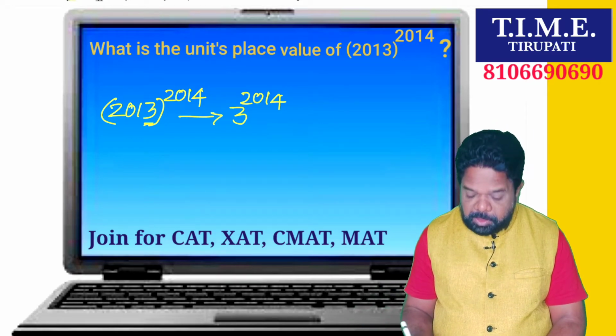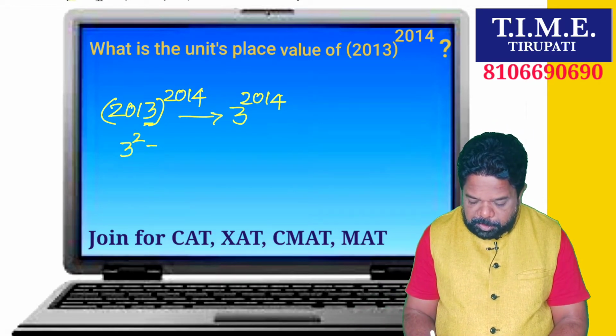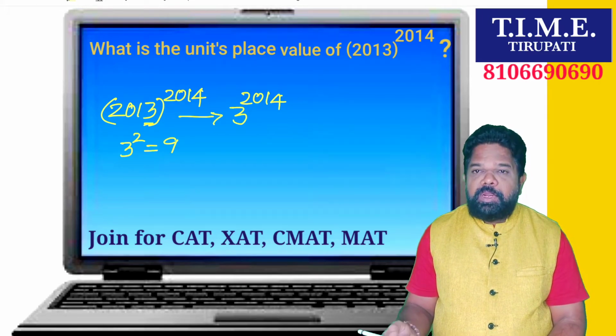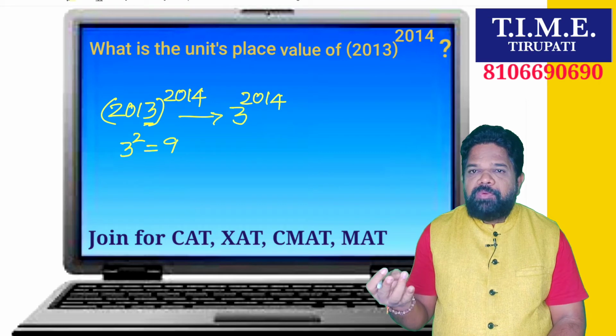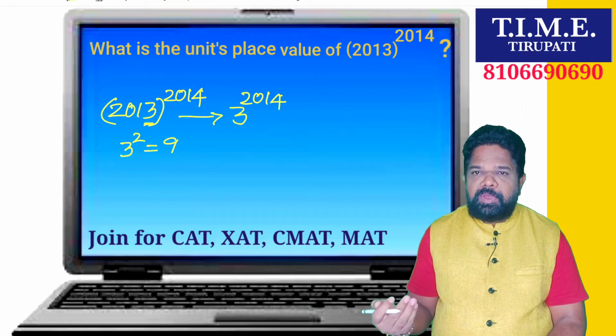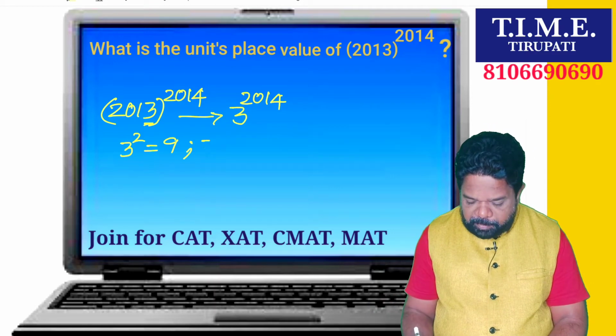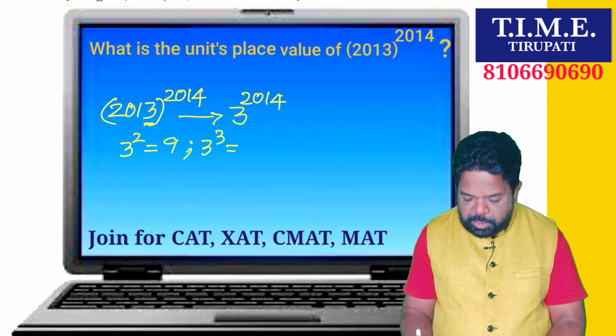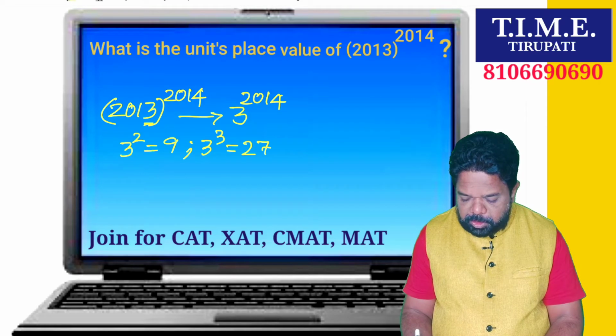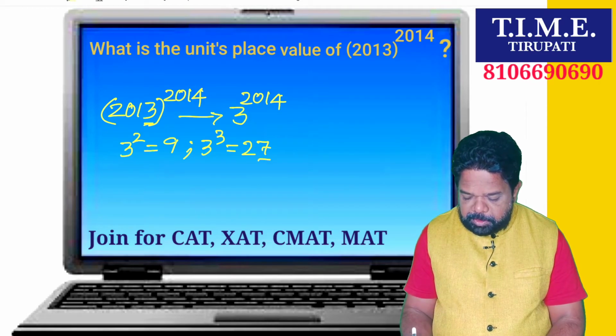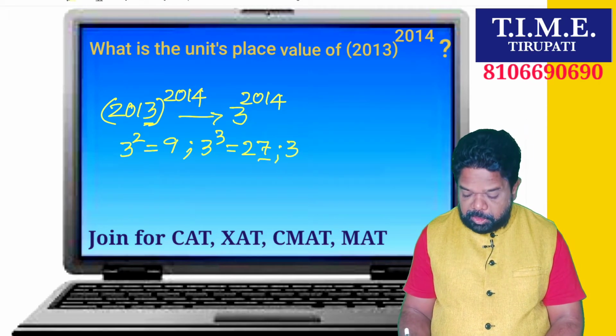See here. Check the value of 3 square, 3 square is 9. 9 we do not require, we require either 1, 5 or 6. If the units place value is any one of these, and you multiply infinite number of times, you get the same digit as units place value. That is our plan. So 3 square is 9, we do not require 9. 3 cube is 27, in 27, 7 is the units place value, that also we do not require.